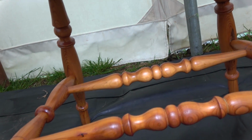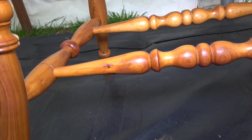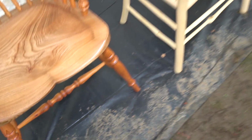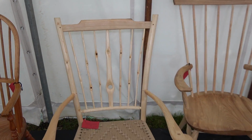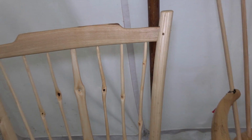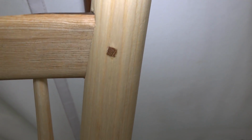Nice pommel on that one, very sharply focused. Those turnings look splendidly done. Bear in mind, all being done on a foot-operated lathe, so nothing fancy here kit-wise. This was a clever entry. They were using, again, nice little pinning, and the natural form of the timber,